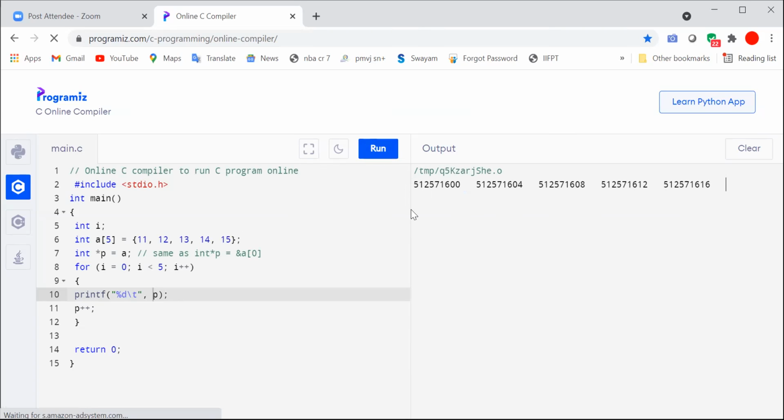Wherever the memory is free, that location it will take. So now it's displaying some other address. The same way, instead of p, if you say the array A, it will display the values 11, 12, because here we are mentioning A.